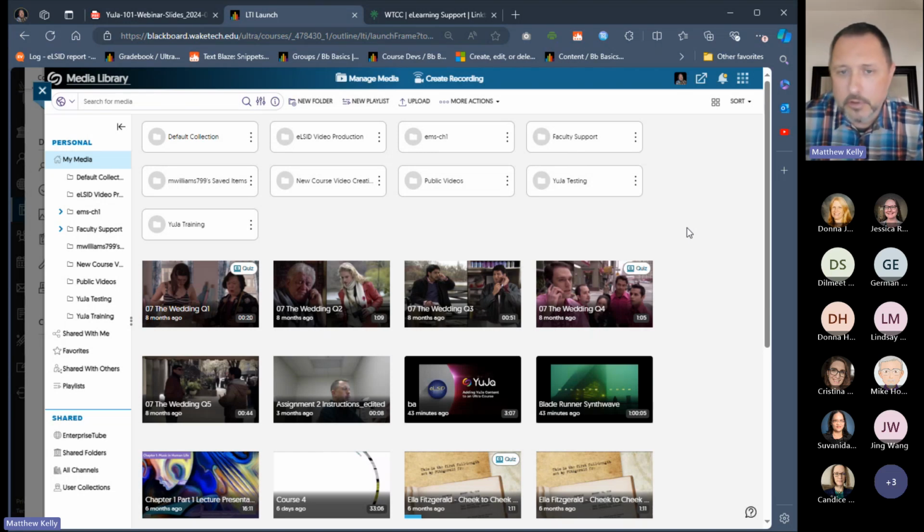Really, at its simplest, YuJa is just a web hosting platform. It's similar to a OneDrive account or a Google Drive account or any number of tools like SugarSync and Dropbox. It's just a web platform that WakeTech licenses for hosting files.